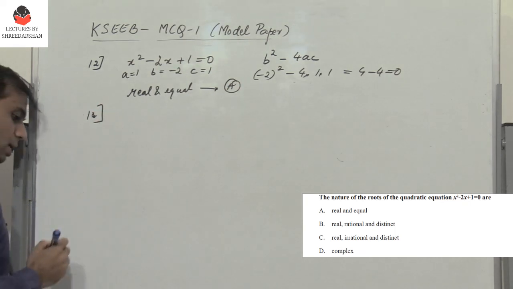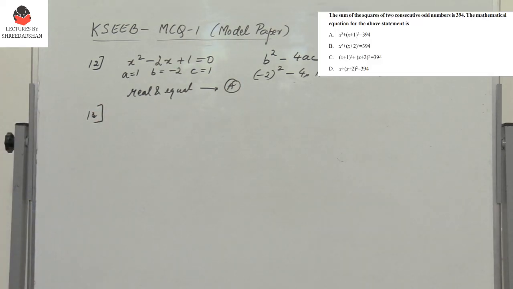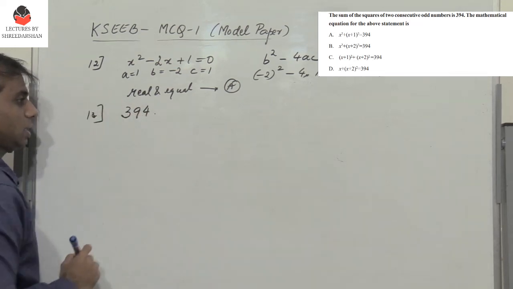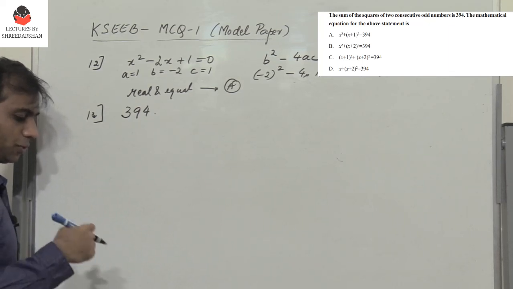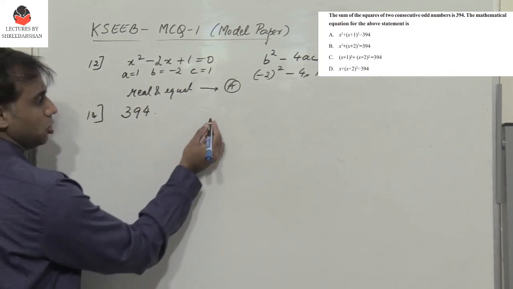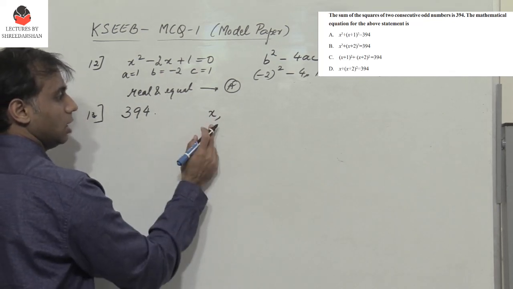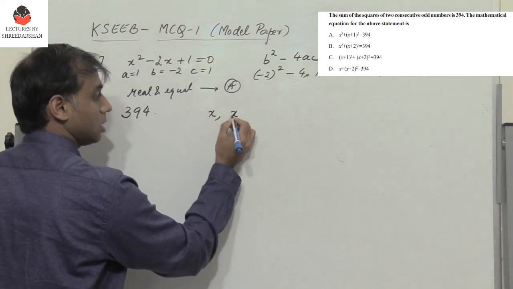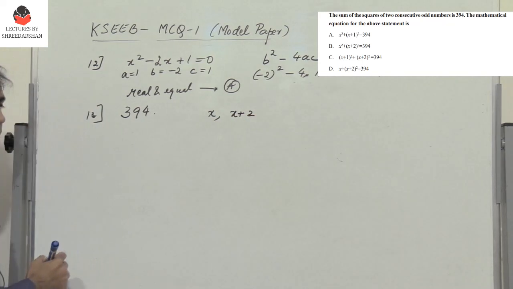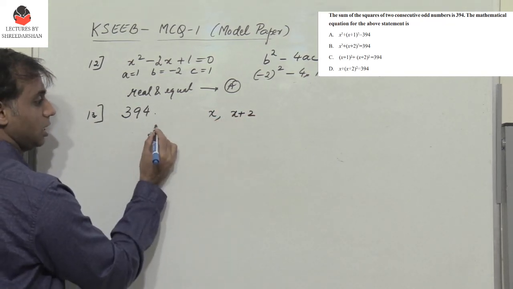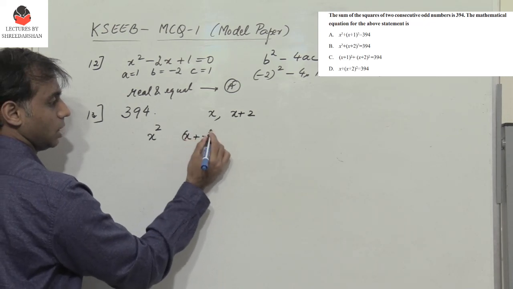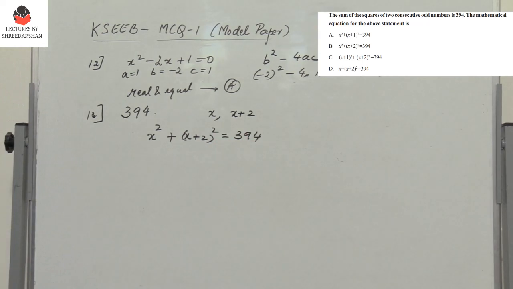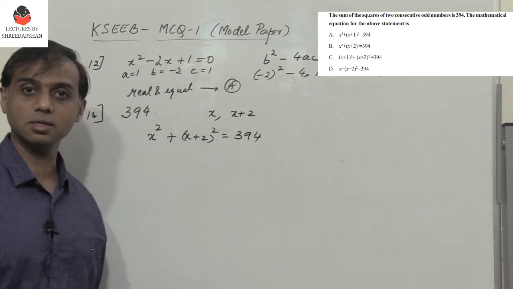Next, 13th one. The sum of the squares of two consecutive odd numbers is 394. So the mathematical equation is, so the sum of two consecutive odd numbers. So let the first number be x, the consecutive odd number, so the next number x plus 1 will be even, the next consecutive odd number will be x plus 2. So sum of their squares, that means I take the square of both the numbers, I take their sum, that is equal to 394. So x square plus x plus 2 the whole square is equal to 394 is the right answer,